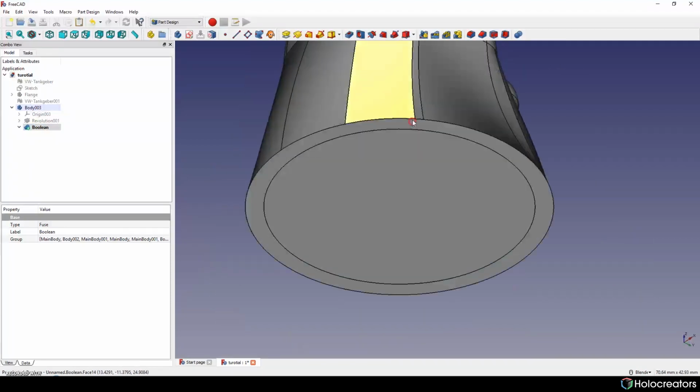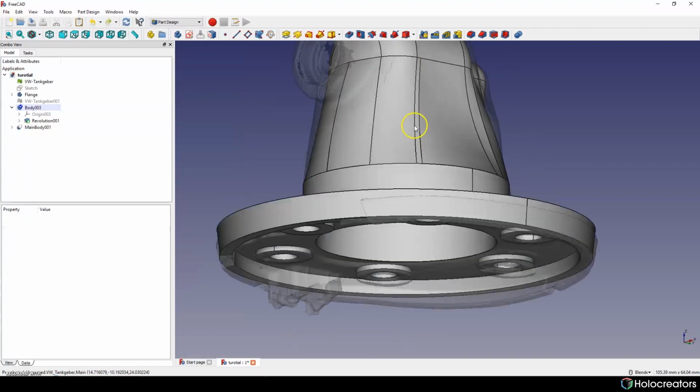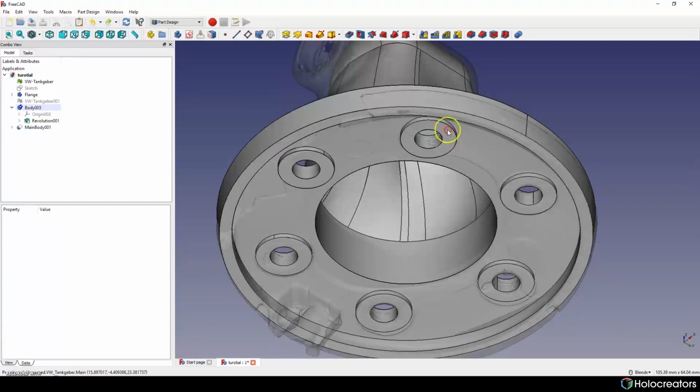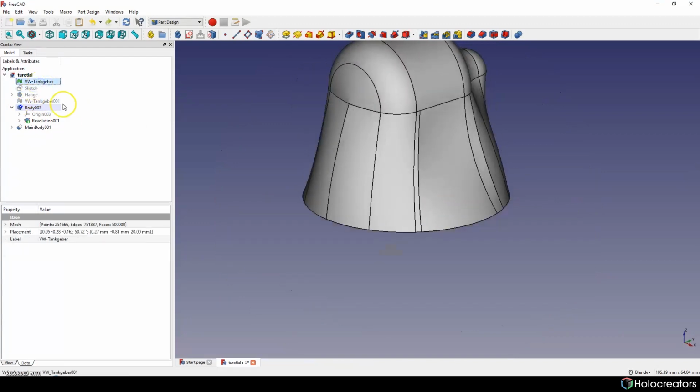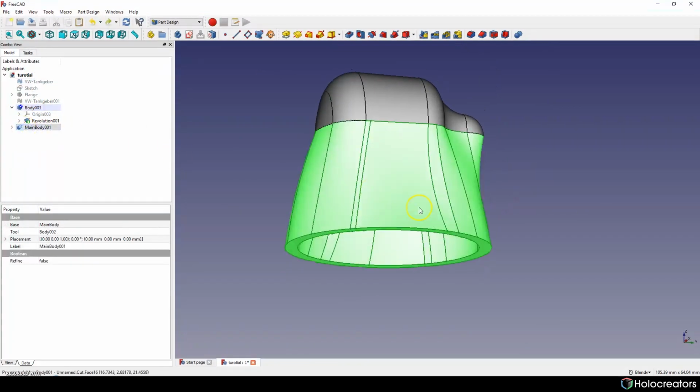Looks like it did it in the wrong way. Let's undo all this and we'll try another way.